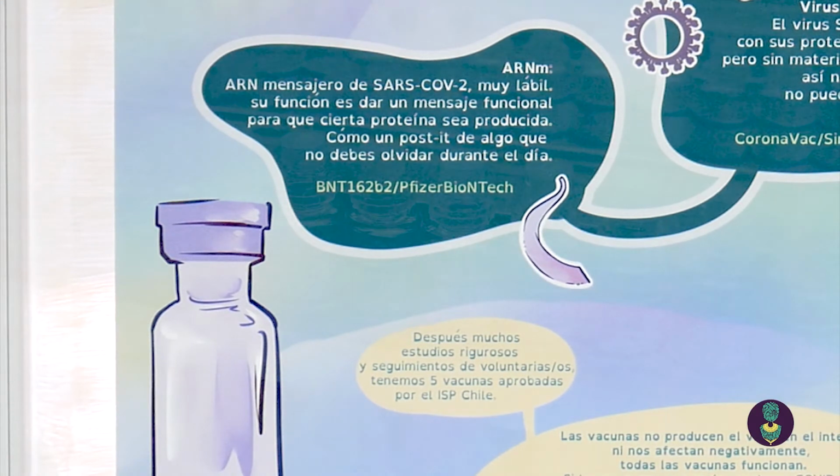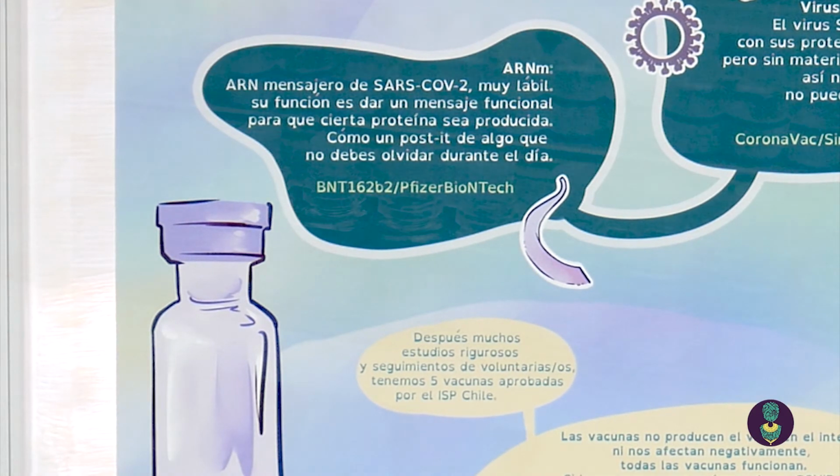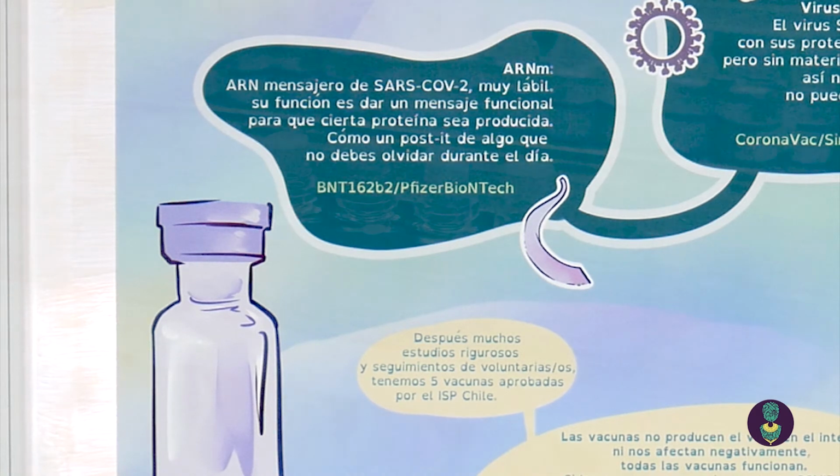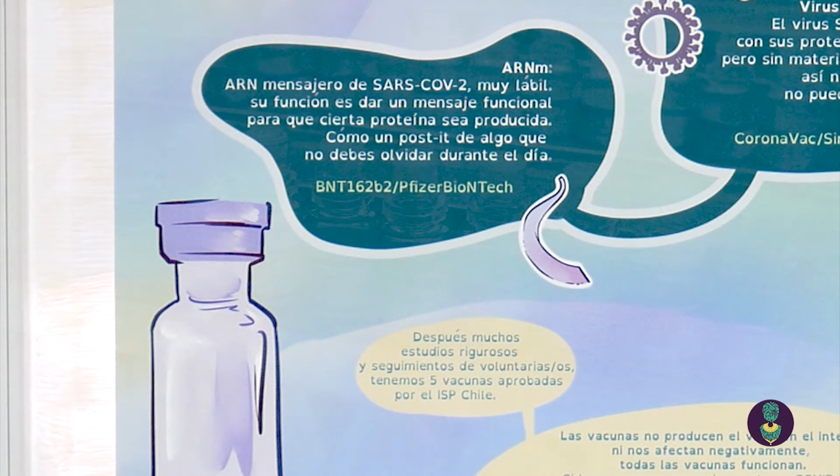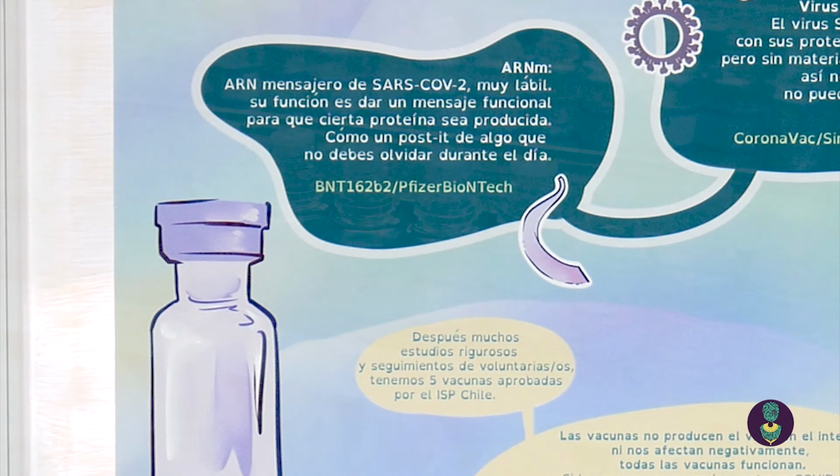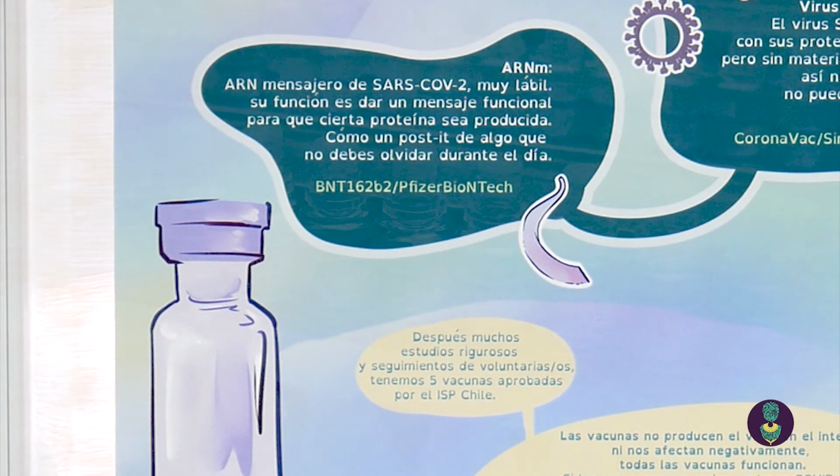The third type of vaccine is from Pfizer, which uses RNA but not the one seen in the diagram. The genetic material contains the information to produce proteins such as the capsid. In this context, the vaccine contains a messenger RNA that gives the information to produce the spike protein so that the body can recognize it and react against infection. The lifetime of messenger RNA is very short, long enough to notify the production of a protein. Since this RNA does not last long or reproduce, it is safe and effective.